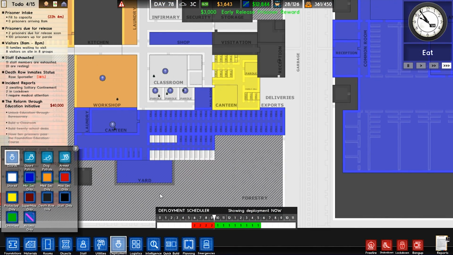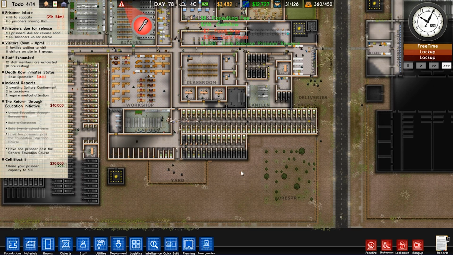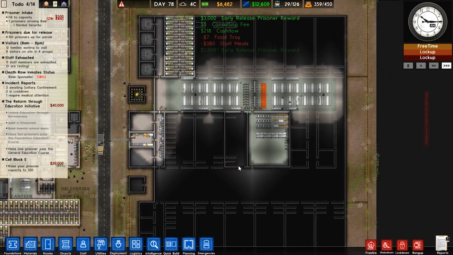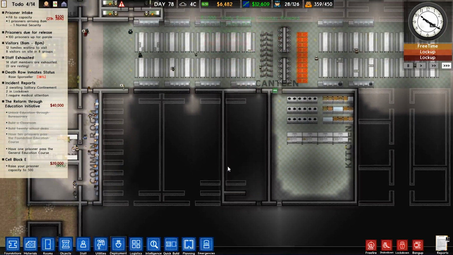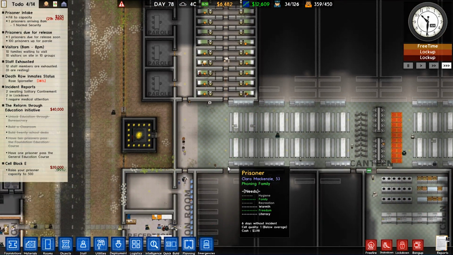Oh, God, look at that. I hate the deployment. I really hate the deployment. It gets all messed up when you change the cells and stuff. It's so annoying. Holy crap. Okay, anyway. Let's try not to focus on that too much. Hopefully, these SuperMax prisoners will be taken back to...